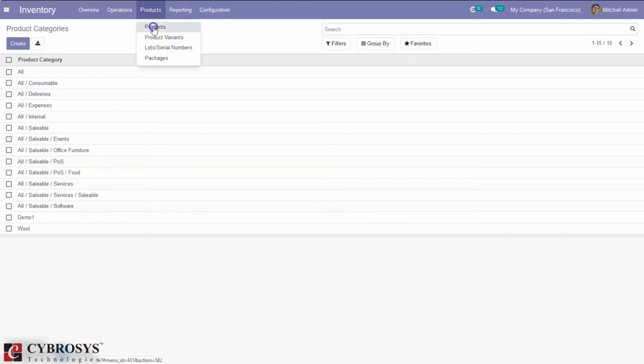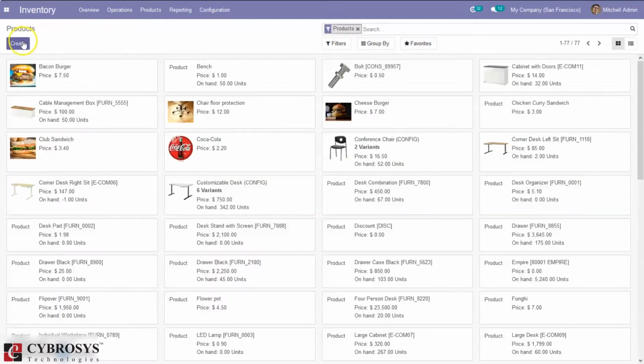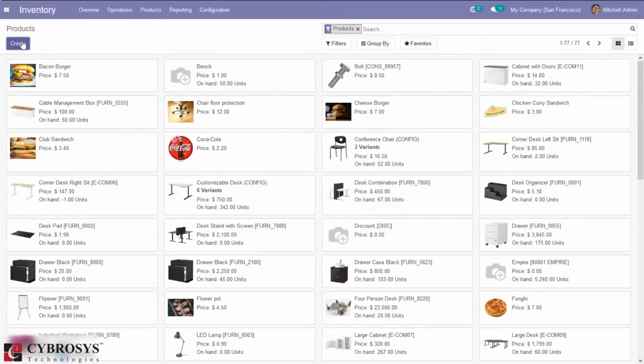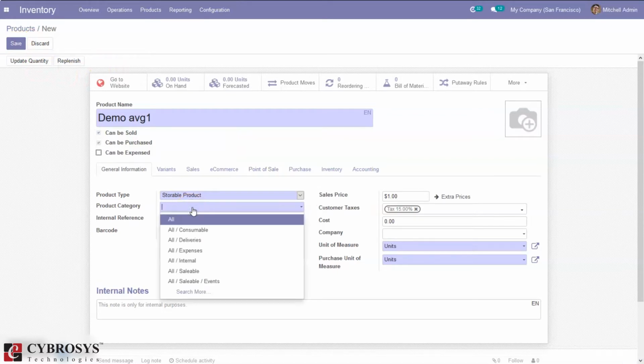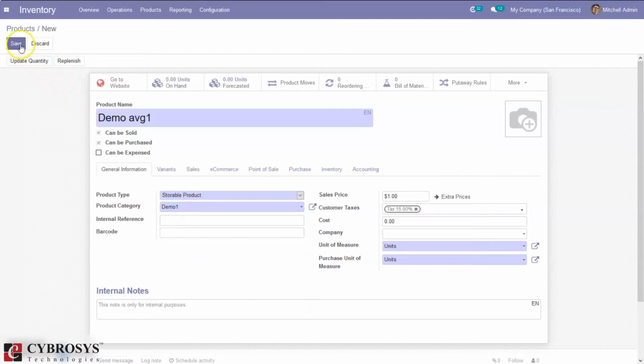So after that, we open products. So come under products. So we can see manage products for our inventory. Then here we can create a new product. Okay, suppose I'm creating a demo product, demo AVG1. Then set the product type as storable. Then we can set the sales price for this. Now we can set the product category here as demo1 and save the product.